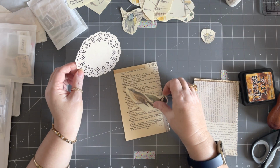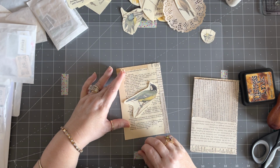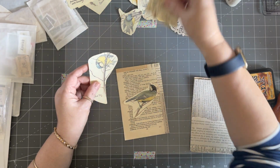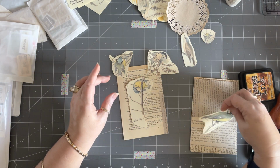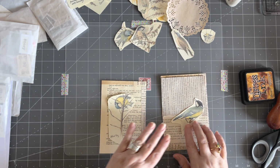A pretty little bird. Now these cards are kind of big for these smaller birds, so I may have to adjust what I'm doing here. I think I should have cut more birds from my book. Oh my. Oh, okay, there we go. I might have to put a couple of birds on a...